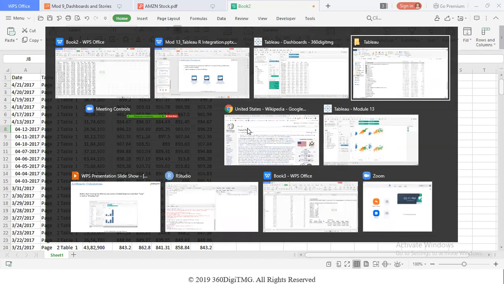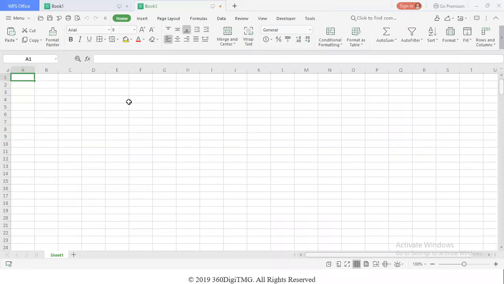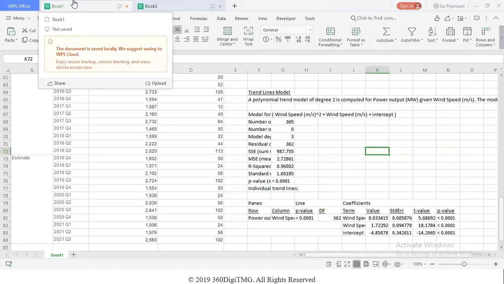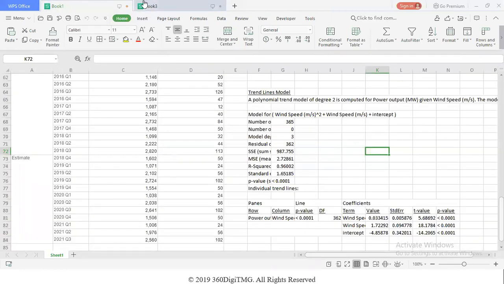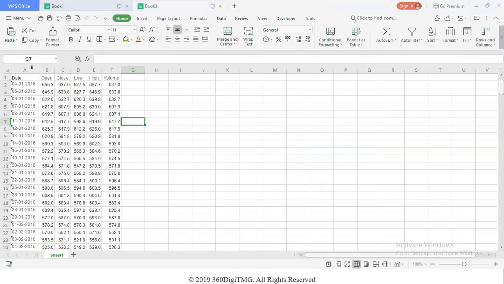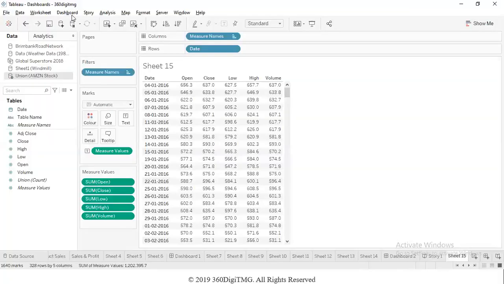No, not this one. It is probably still creating the Excel. It's still bringing the data. Here, it came. So like that we can export. In fact, this whole thing you can save as a PDF also.